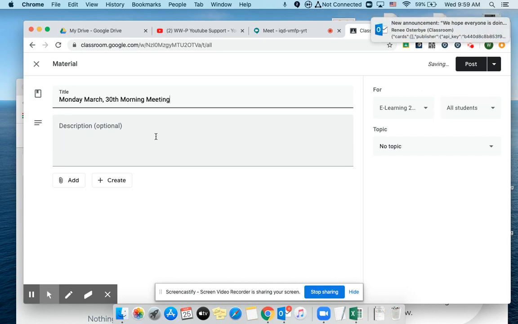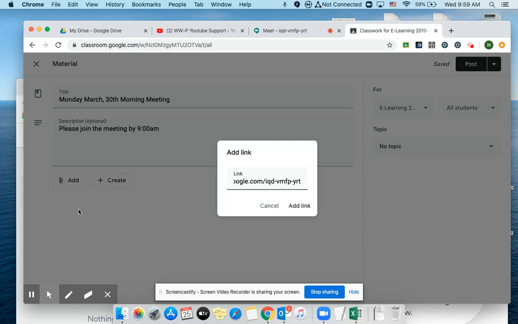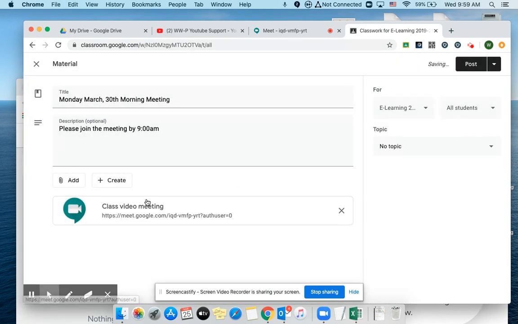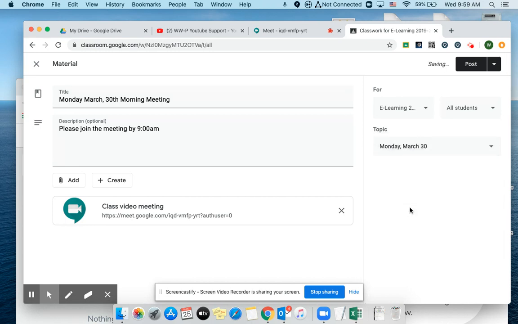You might want to give some directions that says, please join the meeting by 9 a.m. You're going to add a link, and that link is going to be to your Google Meet. And there it is. You're going to put it under March 30th so that everybody knows that's a material for that day. It's going to go to all of your students, and it's in the e-learning classroom, and then you're going to post it. So once it posts, and mine might not because I'm having some internet difficulties this morning,